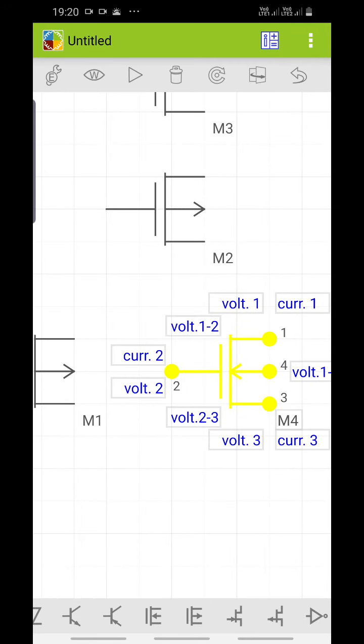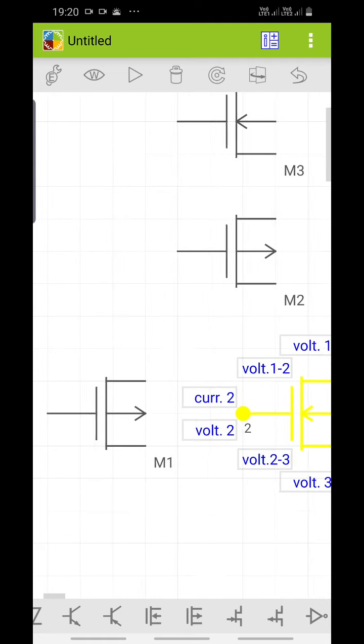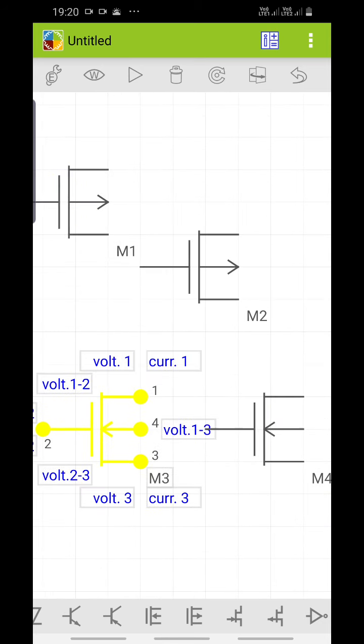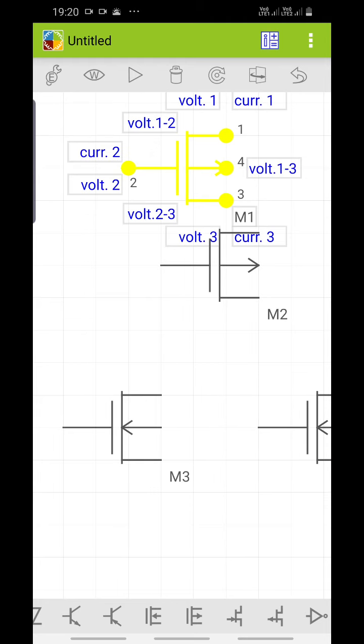F is equal to A plus B whole bar is the NOR gate equation. So A plus B whole bar. Plus indicates parallel in the pull down, and in the pull down we will have two NMOS transistors. Take the NMOS transistors. This arrow inward indicates NMOS.